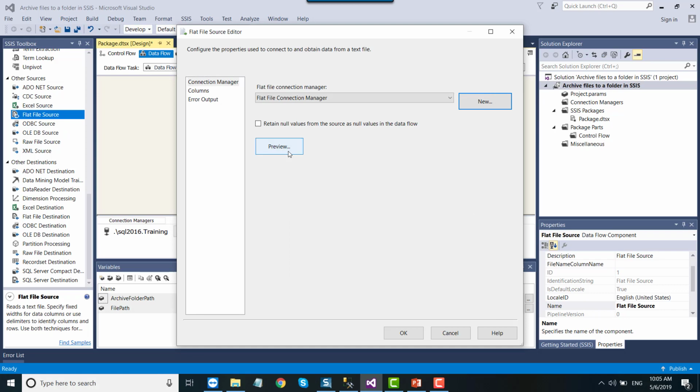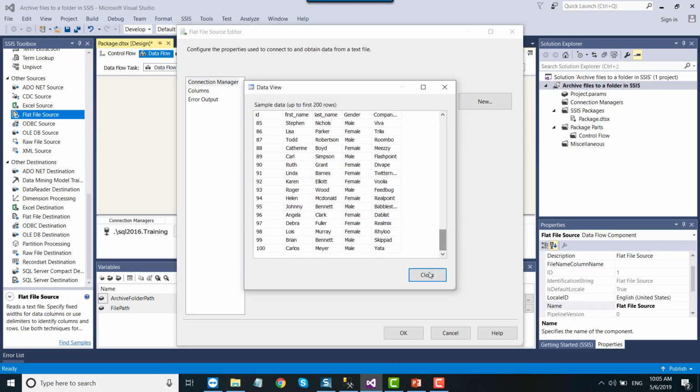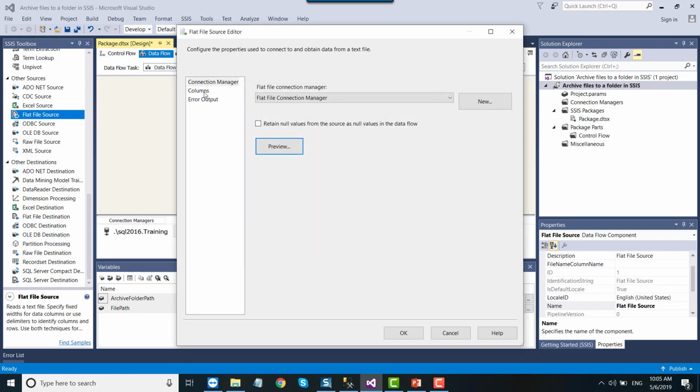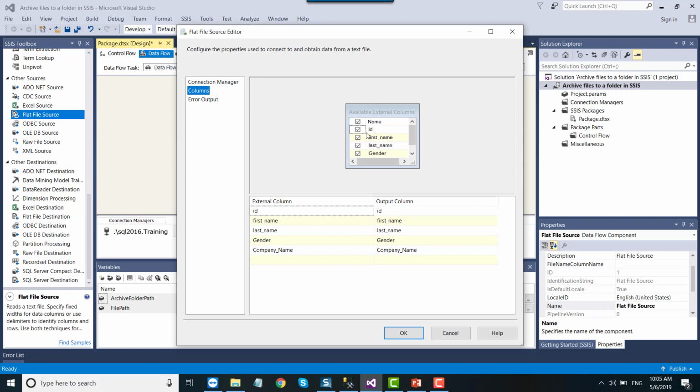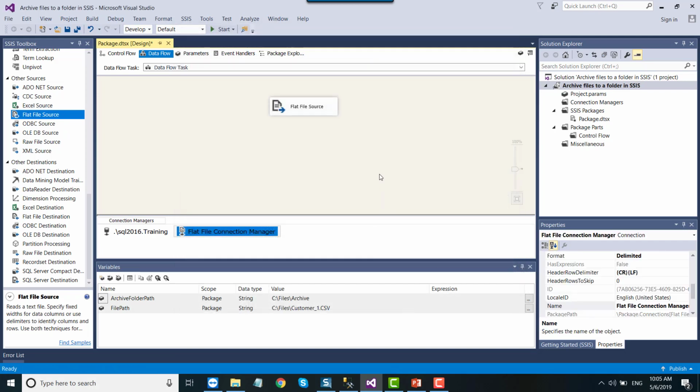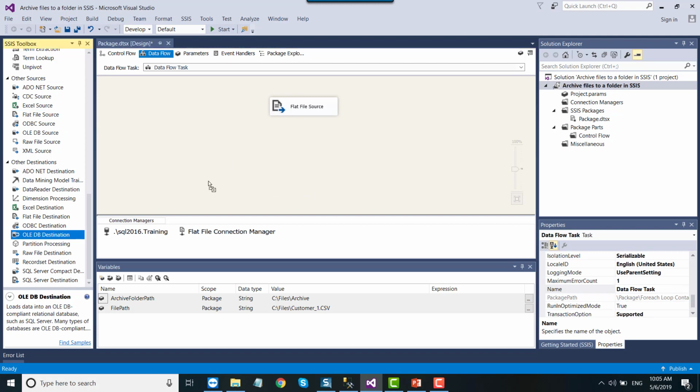Click OK. You can preview data here as well. So data seems good. You can click on columns to make sure which columns you want to select. In case you don't want one of the columns, then you can remove it, but in this case I want all columns. Okay, click OK.